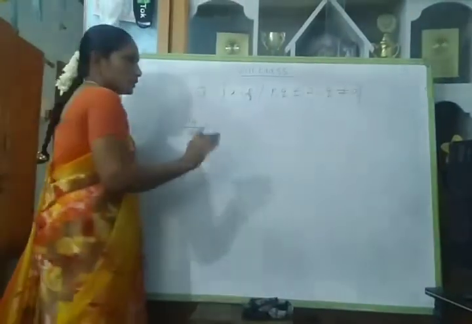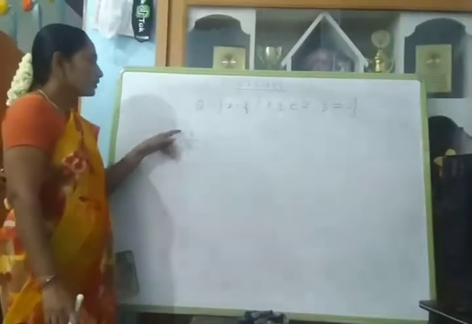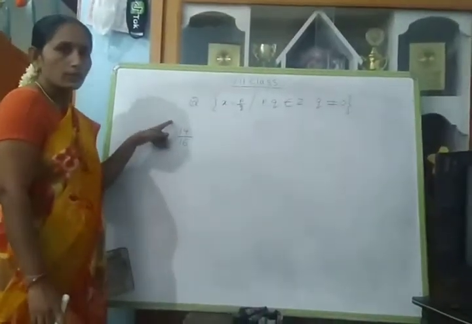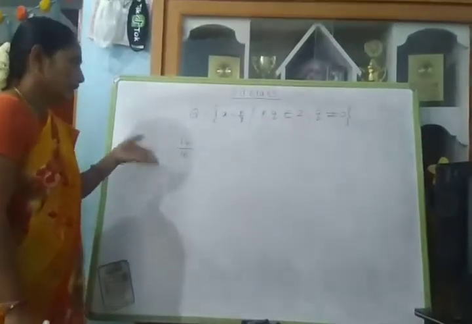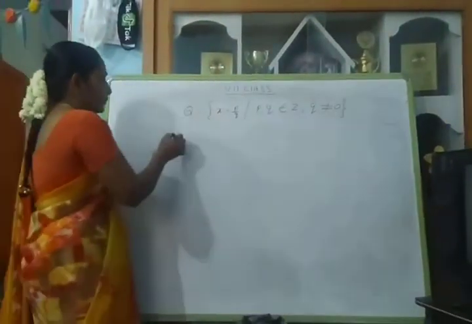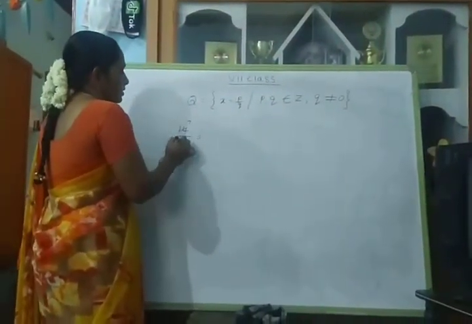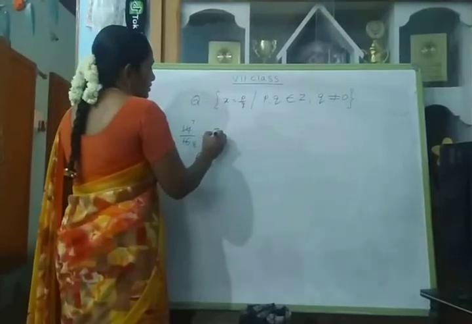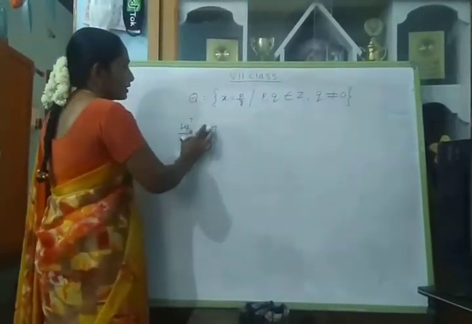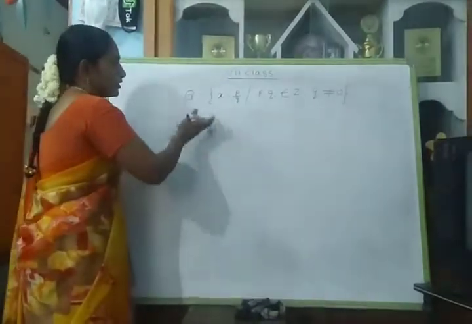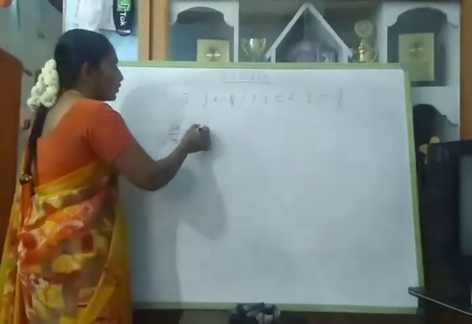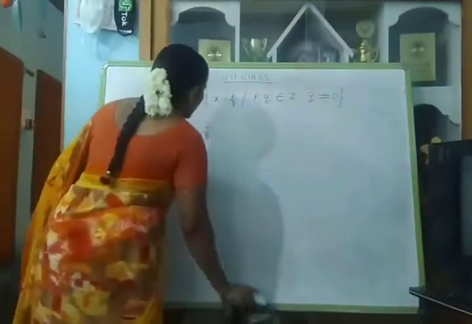So simply, you can see if these numbers can be simplified with any table, then you can simplify. 2 table: 2 7s are 14, 2 8s are 16, so 7 by 8. Now see, 7 and 8 are co-primes, so their HCF is always 1. So now it is in standard form.